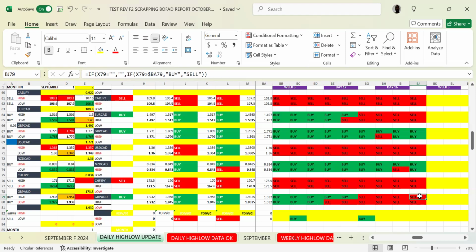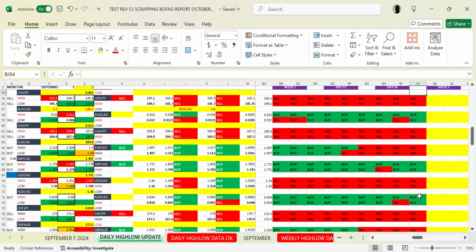GBPUSD to sell, CHF JPY to sell, New Zealand CAD to buy, USD CAD to sell, GBP CAD to buy, Euro CAD to sell, CAD JPY to sell,